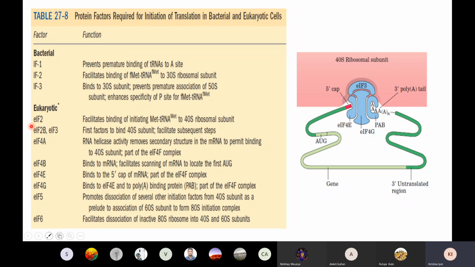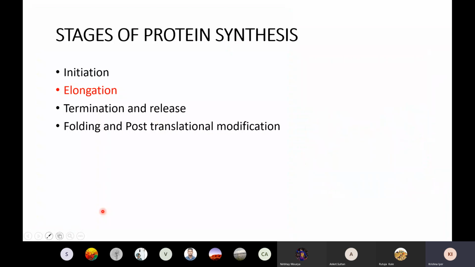You just put a small e in front. Small e stands for eukaryotic, and then IF stands for initiation factor. Okay, so there's a whole bunch of them. Now, once that is done, we go to the next step, and the next step is what we call